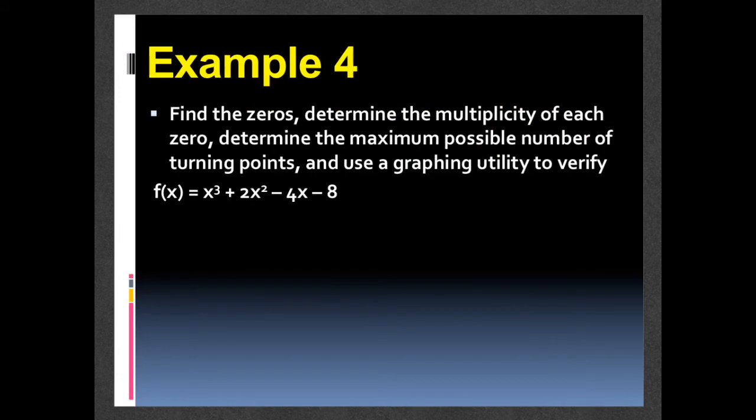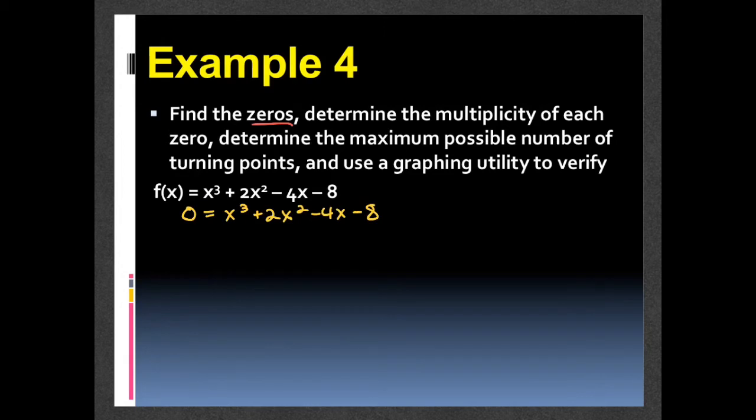Okay, so now we're going to put it all together. Example 4 says find the zeros, determine the multiplicity of each zero, determine the maximum number of turning points, and then use a graphing utility to verify. So hopefully this looks familiar because we've actually already found the zeros. If I set this equal to 0,